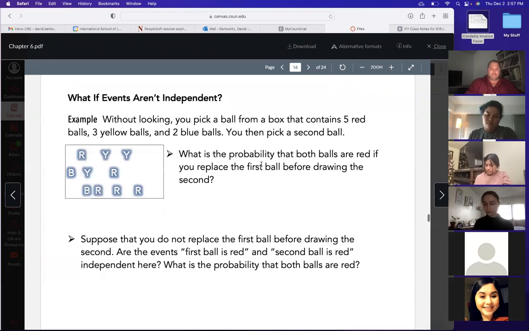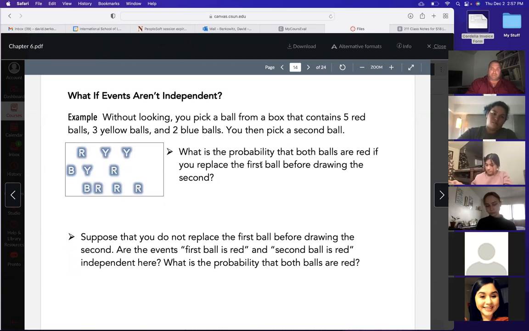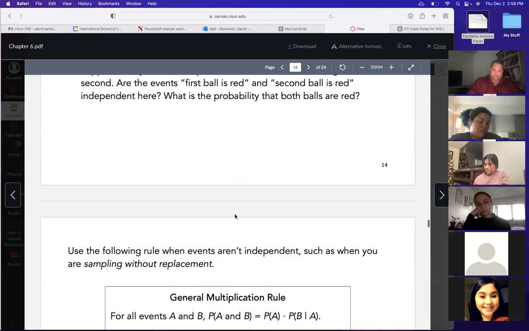Of course, if events are not independent, then likelihoods change as you move through the problem. So if I say I want you to pick two balls, what's the likelihood that both of them are red? Well, you pick the first one, and it's 5 out of 10. But now the first one is gone. It's out of the picture. It's been picked. So the second one's not 5 out of 10 because you don't have 10 balls, and of those 10, 5 of them aren't red. Now there's 4 reds, there's 9 balls, so it's 4 ninths. So 5/10 times 4 ninths. You multiply that way if the events are not independent.